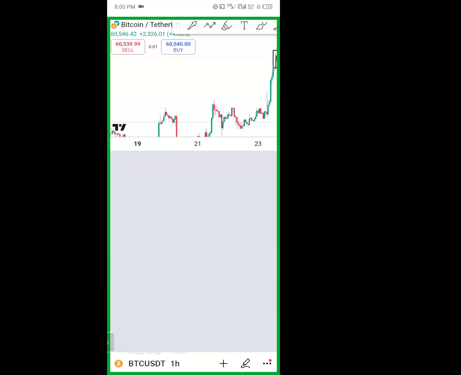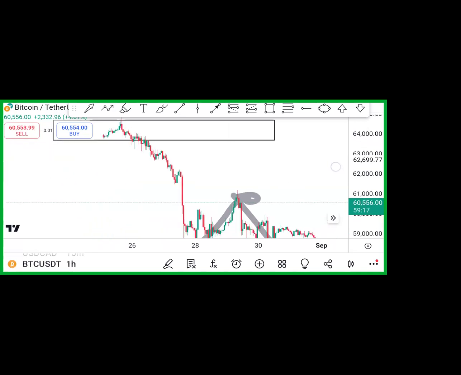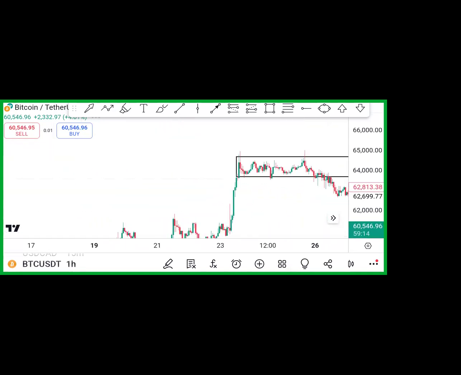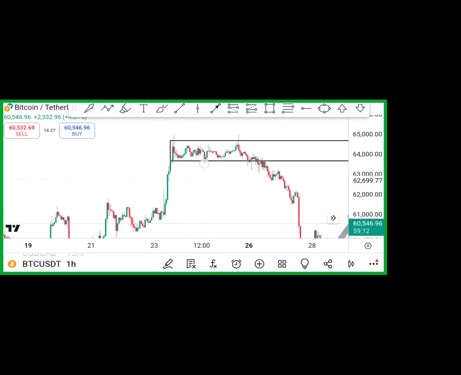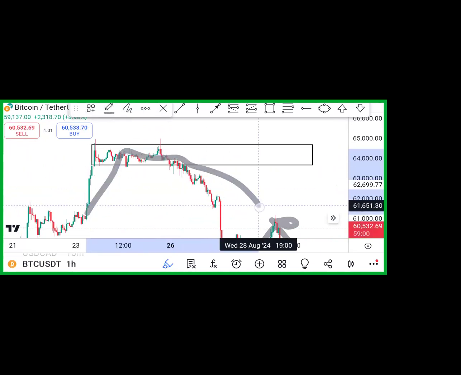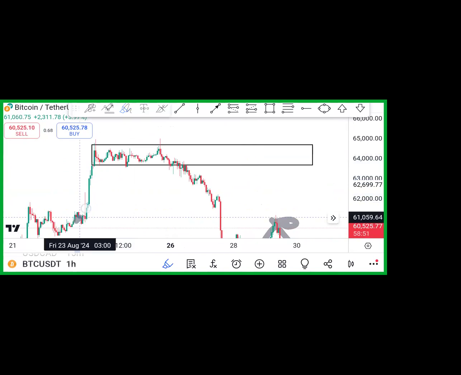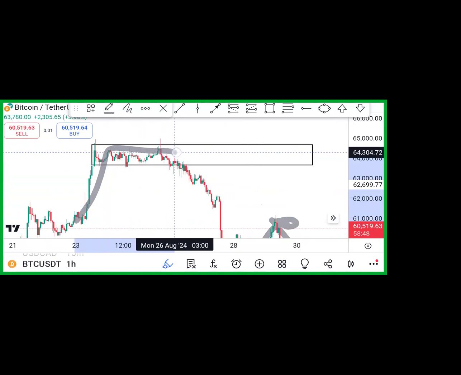Now, for those who have been here, they know what an order block is, right? An order block is an area in the market where institutional traders have previously executed their trades, either a buy or a sell order. What does that mean? Now, at this level right here, institutional traders are the ones that move the market, right? The market doesn't just get to an area and start moving down. Institutional traders are the ones that move the market, right? Now, at this level, there was some sort of buy, and immediately the price got here, the price started selling,